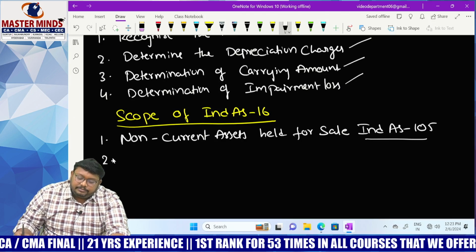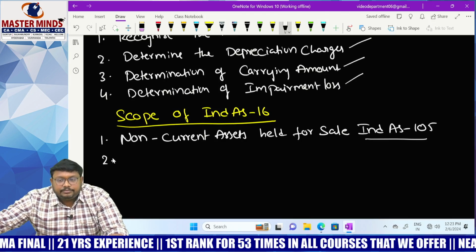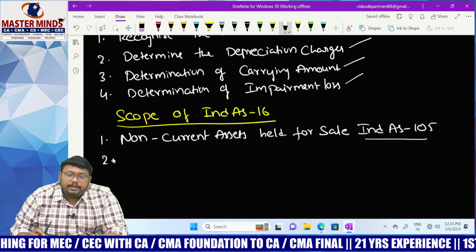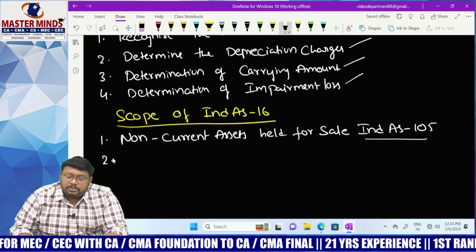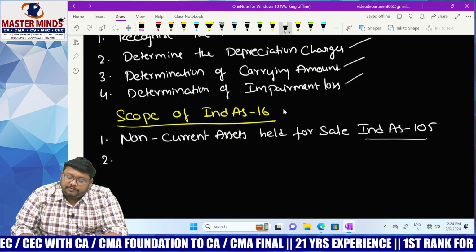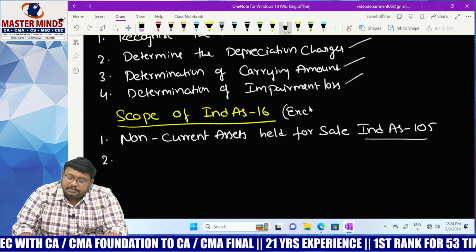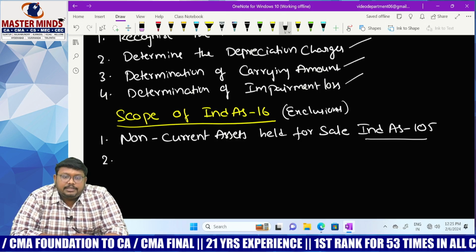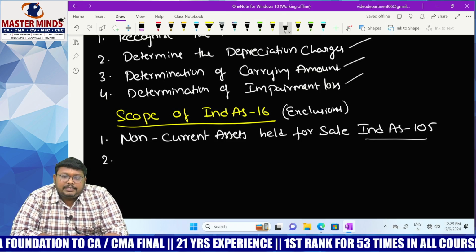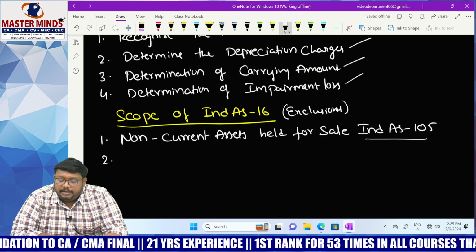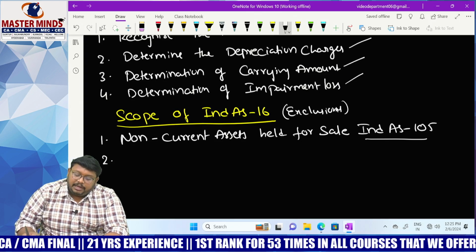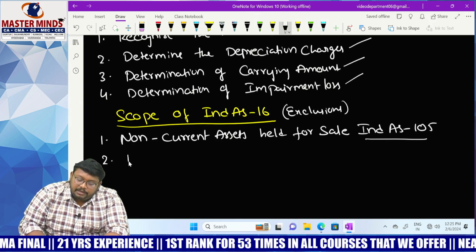And the second one. Okay, we are discussing the scope of Ind AS 16. First we are discussing exclusions, then we will come to inclusions. It will be better to understand that way. So for non-current assets held for sale, as I told you, we apply Ind AS 105. And coming to the second one, biological assets,